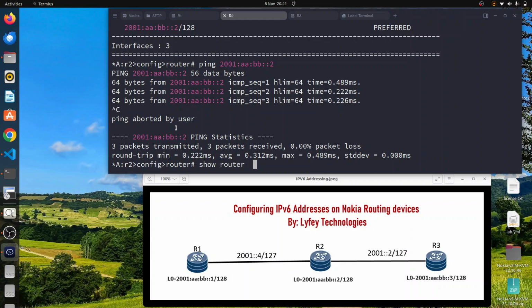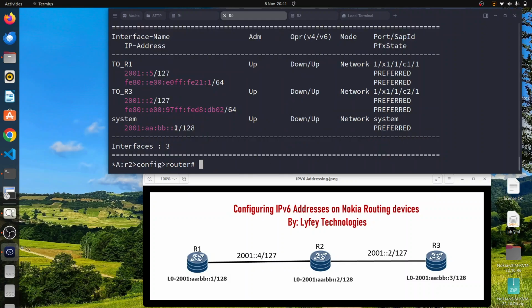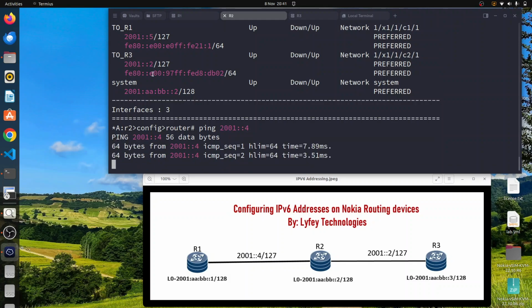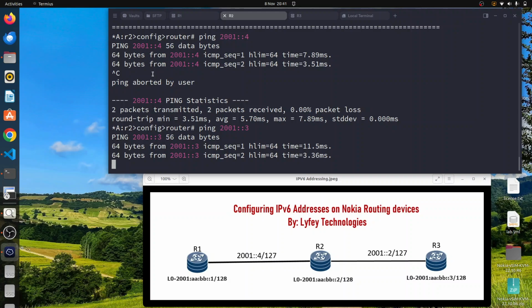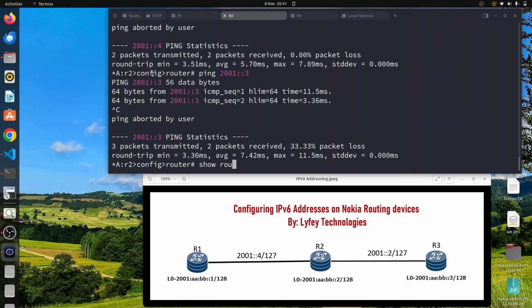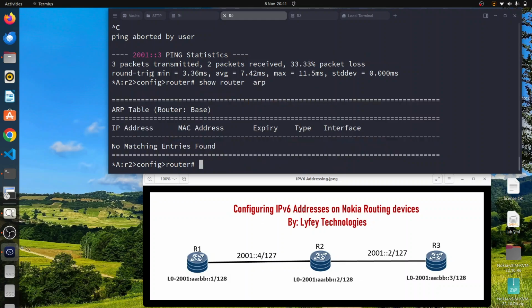So show router interface again, and we try to ping the point to point. So this should be .4. You can see that we are able to ping. Then on R3 we have .3. We are able to ping. If I show router ARP, show router ARP,